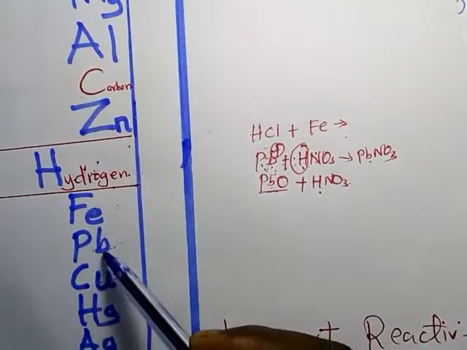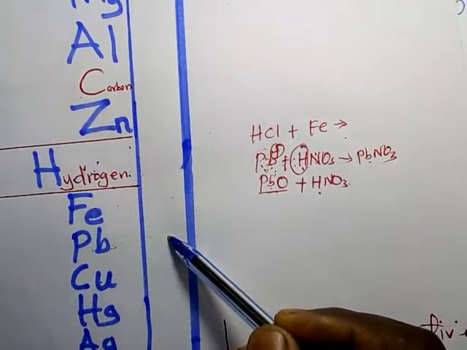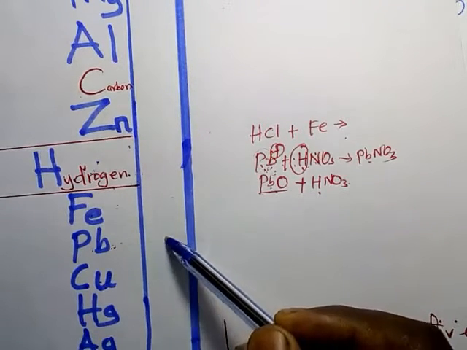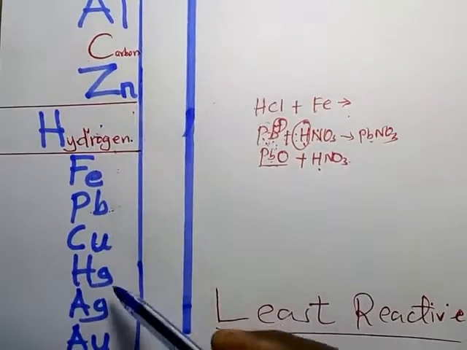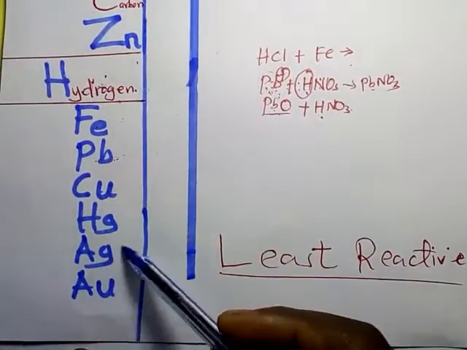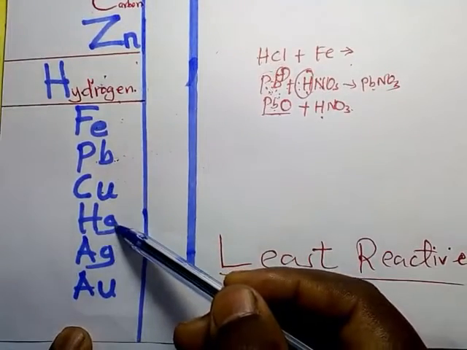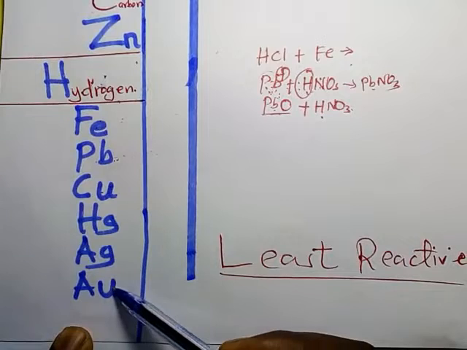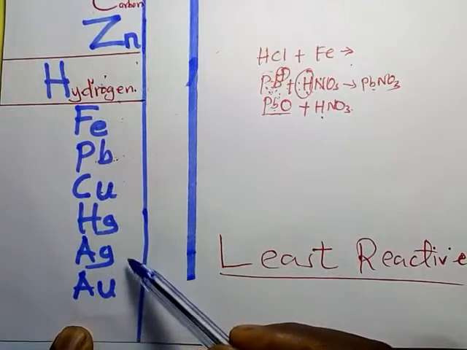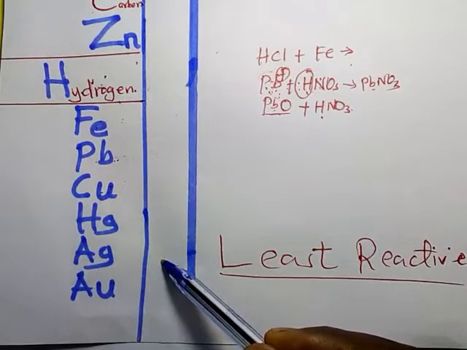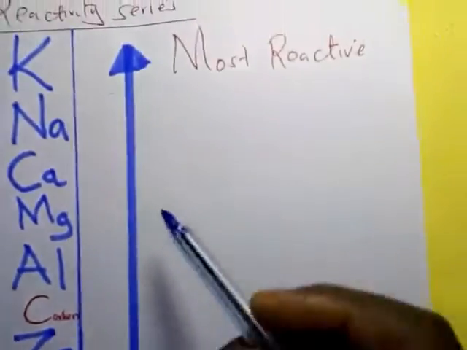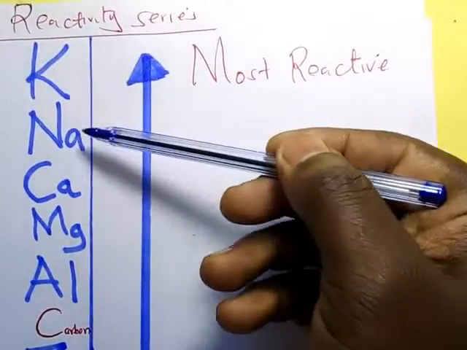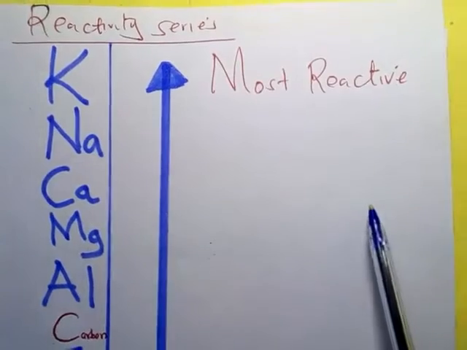They will form the metal oxide, nitrogen 4 oxide gas, and oxygen. Those metals lower in the reactivity series like mercury, silver, and gold will form the respective metals, nitrogen 4 oxide and oxygen gas. So the effect of heat on the nitrates depends on where the metal is placed in the reactivity series.